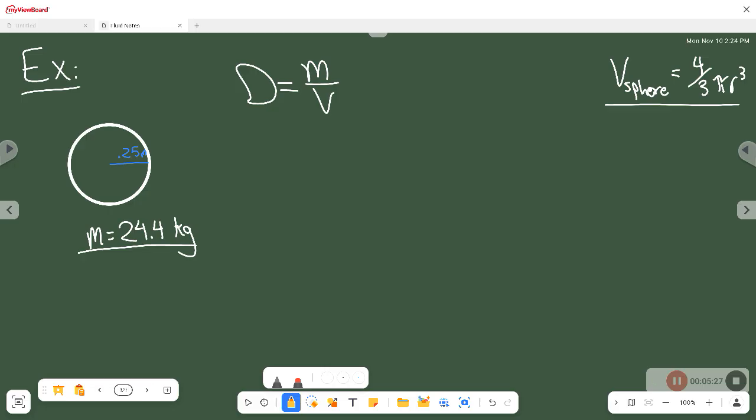That is not something you're ever going to have to memorize. If you need the volume of a sphere, it will be given to you. So let's go ahead and solve for that for this case. The volume of our sphere would be 4/3 pi times the radius, which is 0.25 cubed. All right. So that volume is going to be